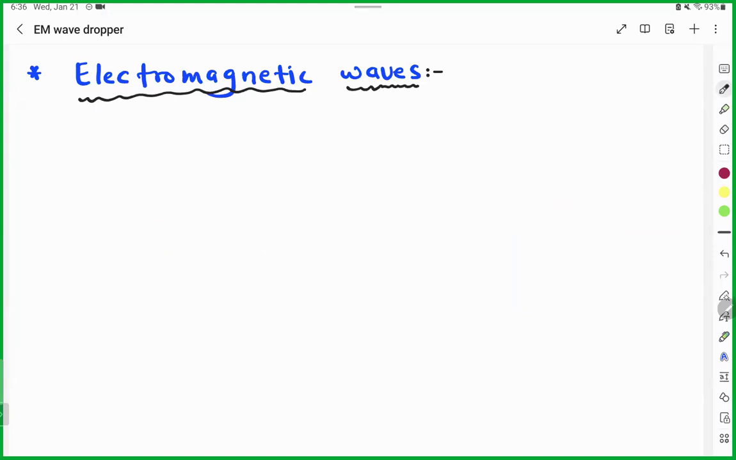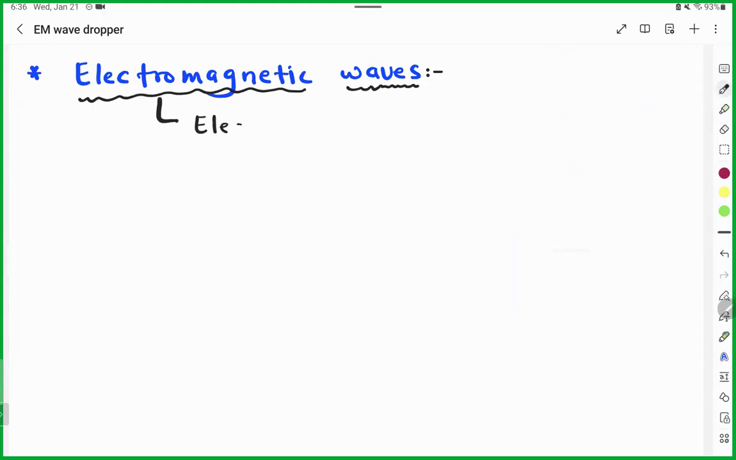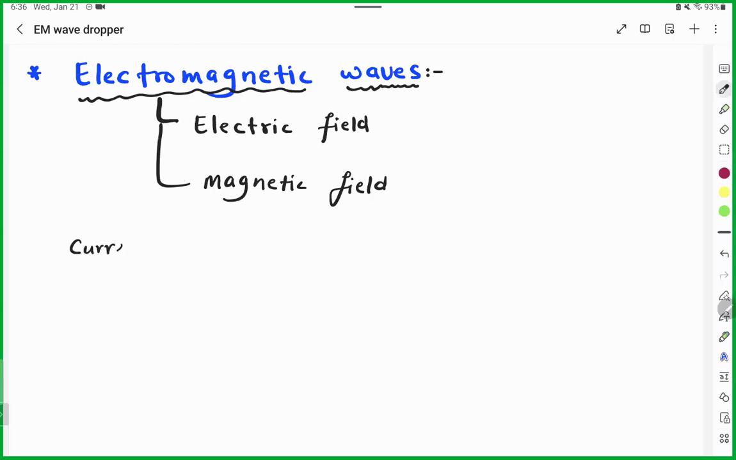So, as we understand, electromagnetic wave means in this situation you have electric field as well as magnetic field. We want to understand how they are acting together because these waves are formed by the electric field and magnetic field, how they are acting together. Example, whenever you have current, then current produces magnetic field. We studied this in magnetic effect of current. Current produces magnetic field. In EMI, we studied that the